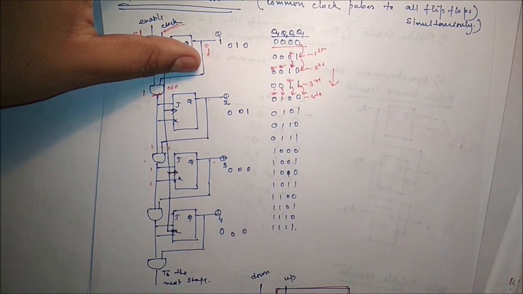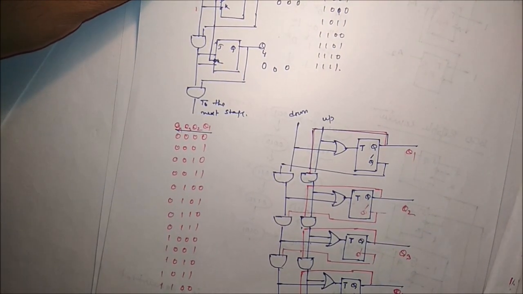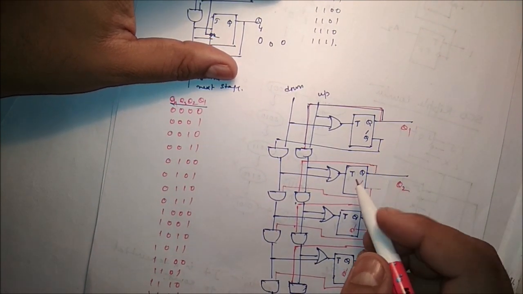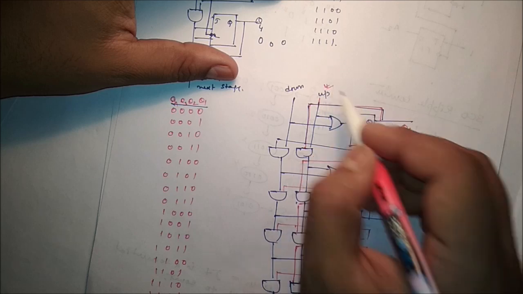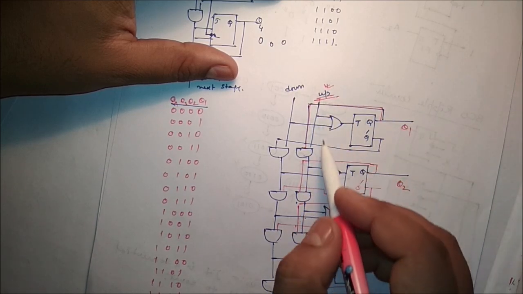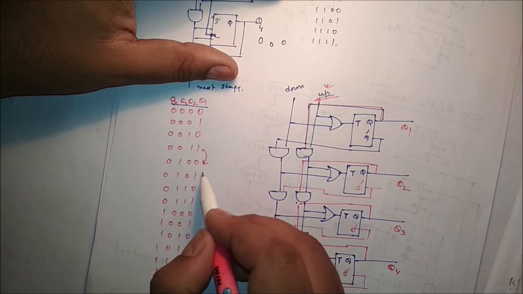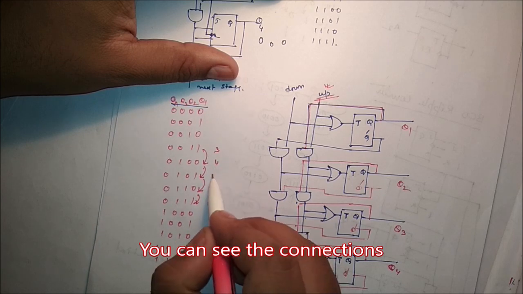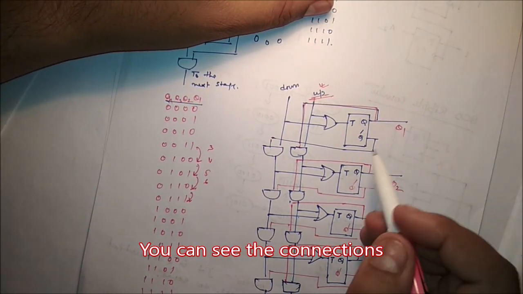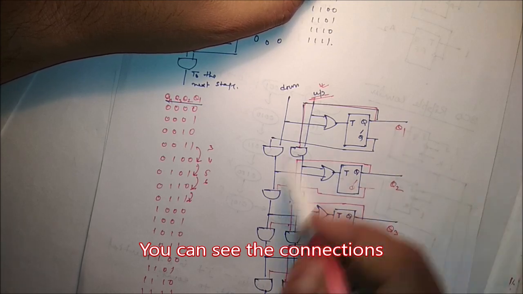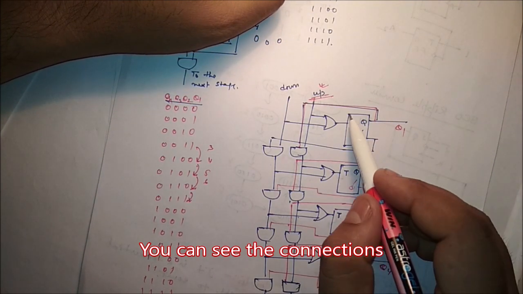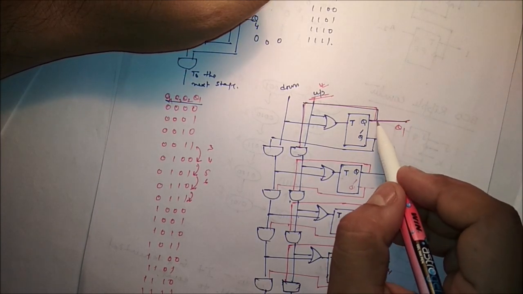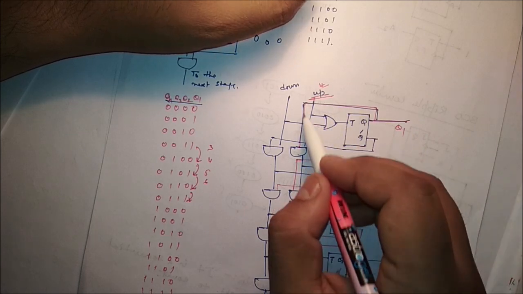Now you can see here this is an up-down counter. Using T flip-flops we have built the up-down counter. Now if you enable the up part, it will increase the content of the counter. Initially it is 3, then 4, then 5, then 6. Now you can see the content of this particular circuit. So T flip-flops are there, and Q1 goes to the AND gate.